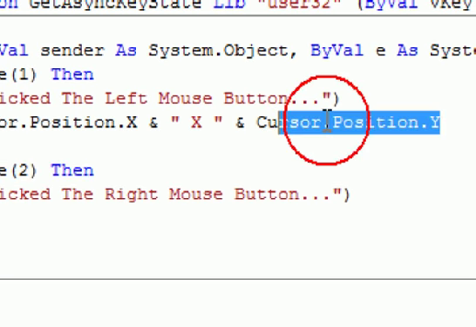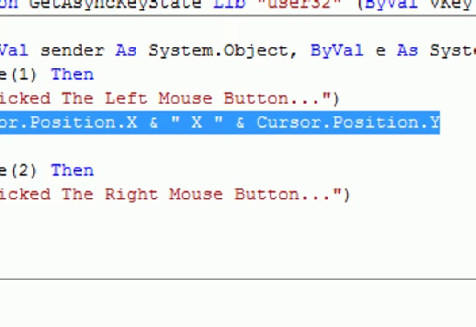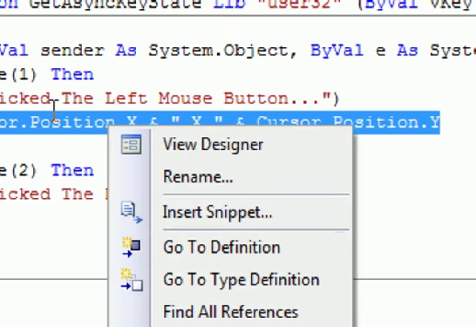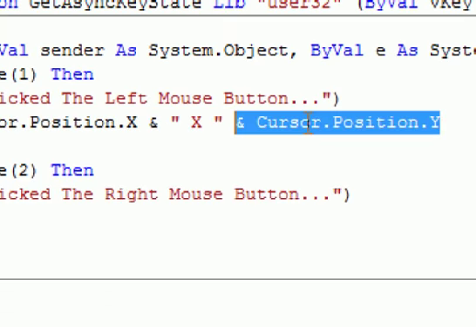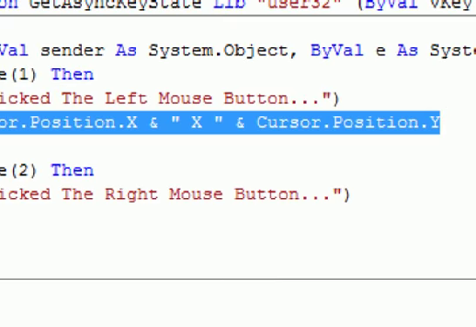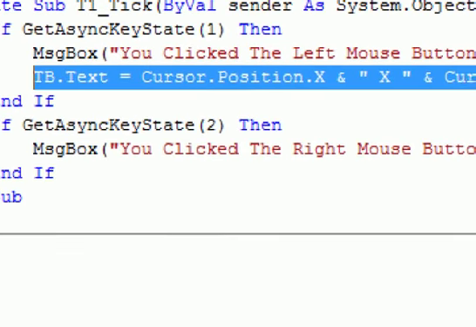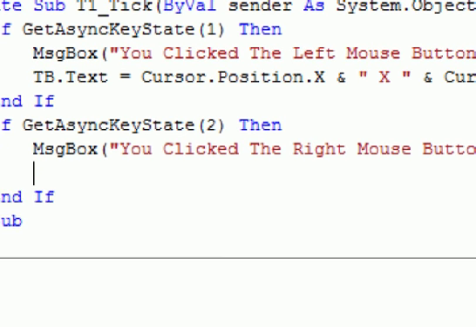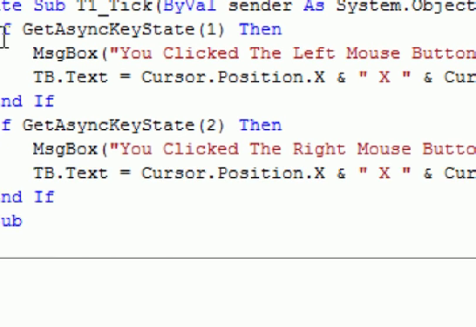Then all you have to do now is copy this code right here and paste it down here too. So that should be good now.